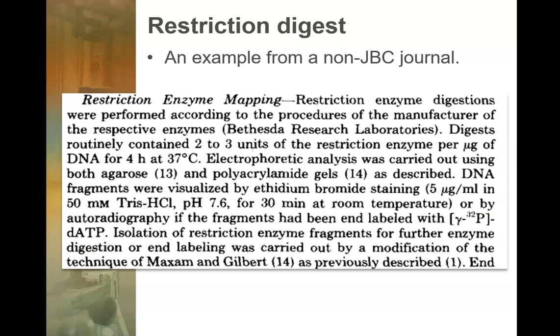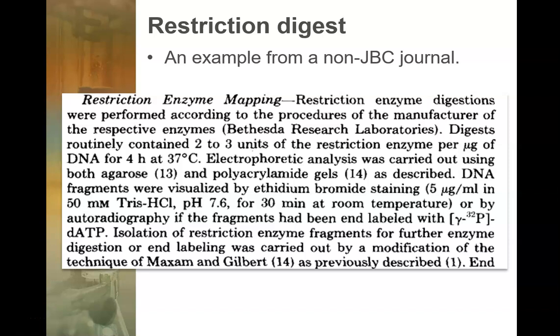This only applies to the people who did the restriction enzyme. That's only 2 of you. And again, report the number of units and report the total mass of DNA in micrograms, the digestion temperature, and the time, and that you did electrophoresis. Again, just report the percentage agarose, and you would report the time that you ran the gel, the voltage, and the CyberSafe stain that we used to